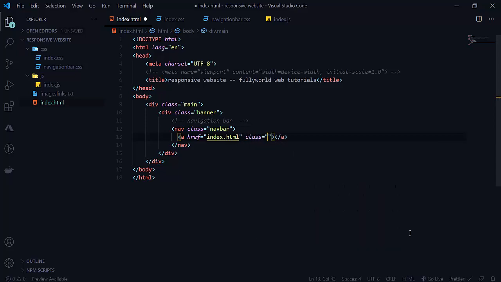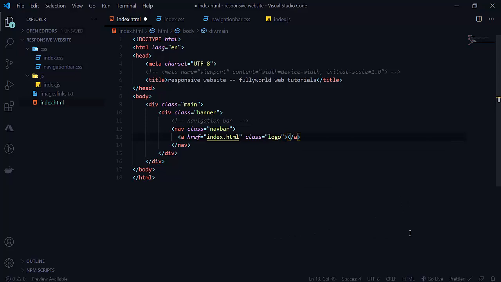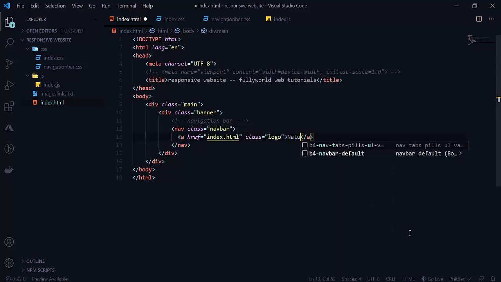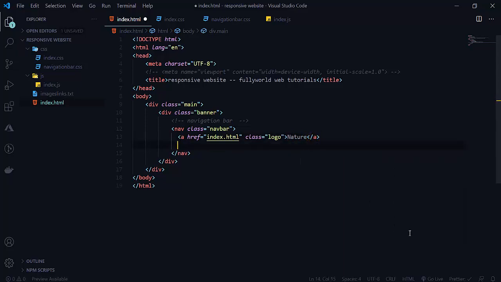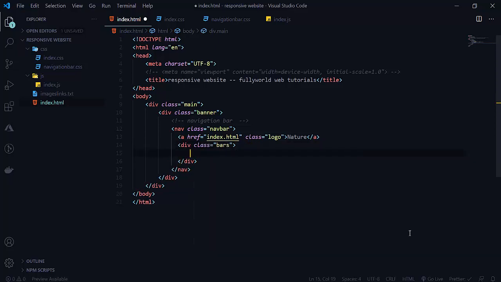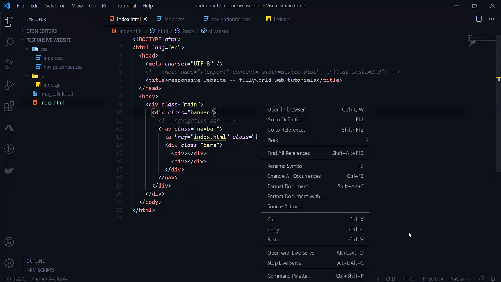Here will be our text, simple nature. After that we need bars, so we will create 2 divs here. I'm copying and pasting this.